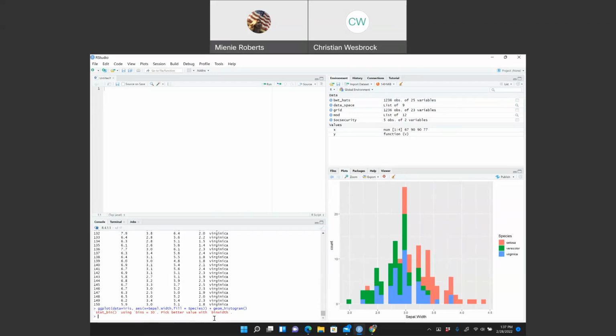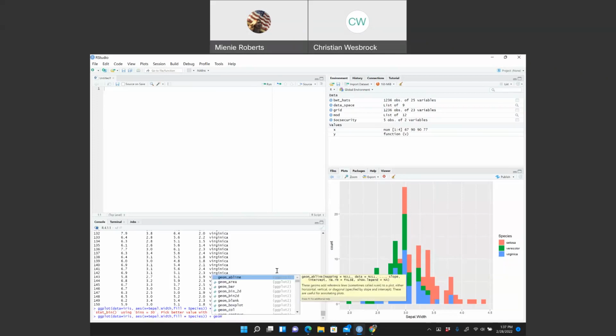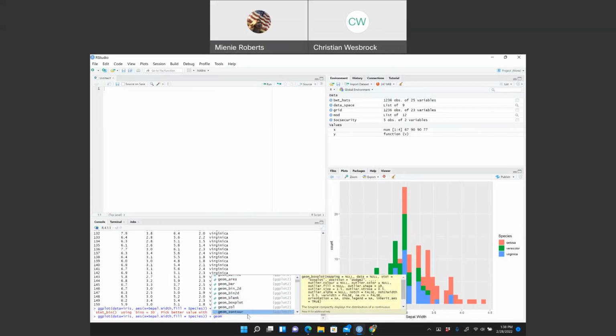So if you would, I'm going to delete that, and I'm just going to do geom. And you will see that if you do that, there will actually be several options that come up here. And these are all the types of plots that you can use. So you can do like a box plot, you can do a density plot, you have all these other options. But for now, since we haven't done a lot of other